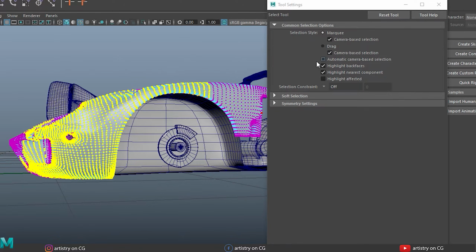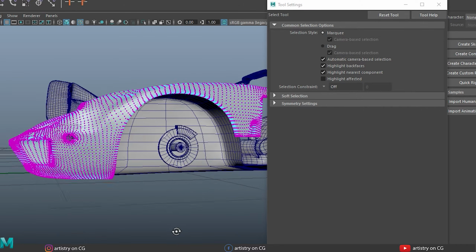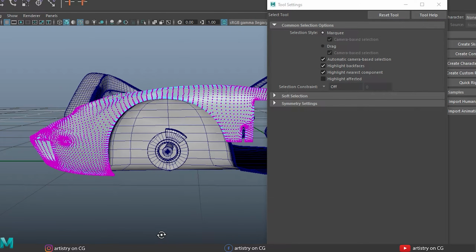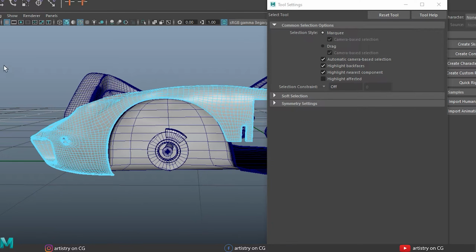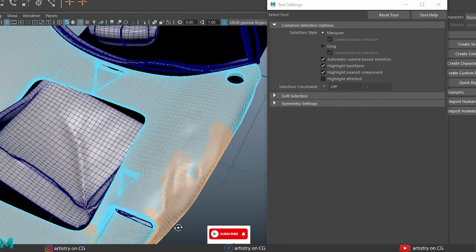Now turn on automatic camera based selection. What this means is that it depends on what type of shading is currently active. Let's suppose I am in a flat shaded or smooth shaded view, and I drag a selection over faces.